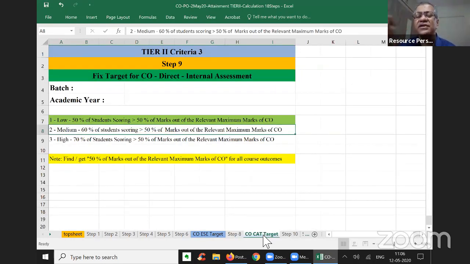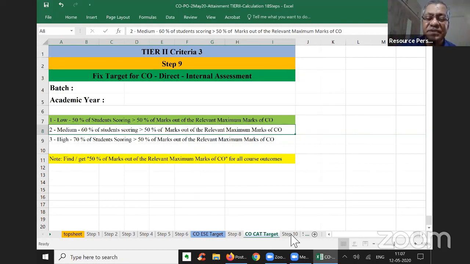Why? In the continuous assessment test, we can have course outcome-wise questions and marks, whereas in the end semester examination conducted by the university, you will not get question-wise marks. That is why, don't try to mix both, then it will become highly average.